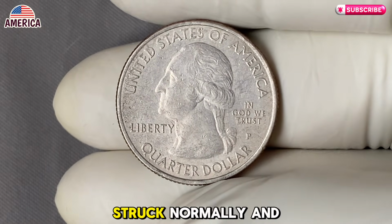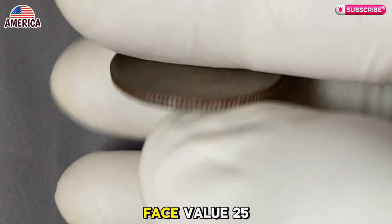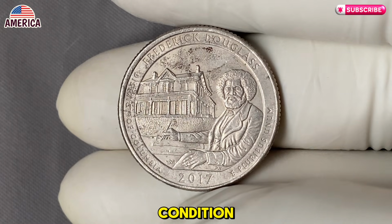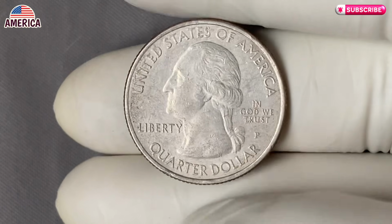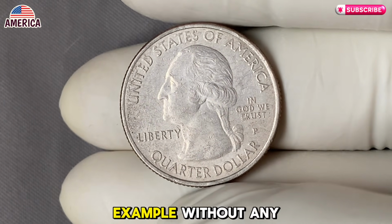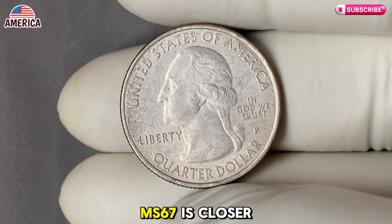Of course, not every Douglas quarter has an error. The majority were struck normally and ended up in circulation, where they remain worth just their face value, 25 cents. Even in uncirculated condition, non-error versions usually trade for modest premiums. According to expert sources, a clean MS65 example without any error might go for around $5, while a pristine MS67